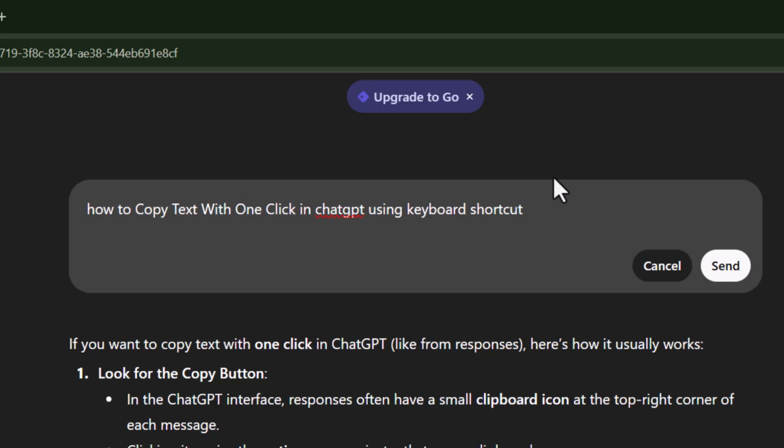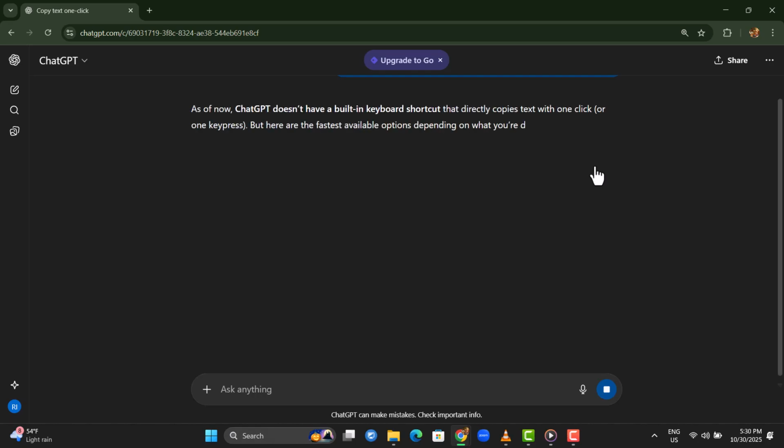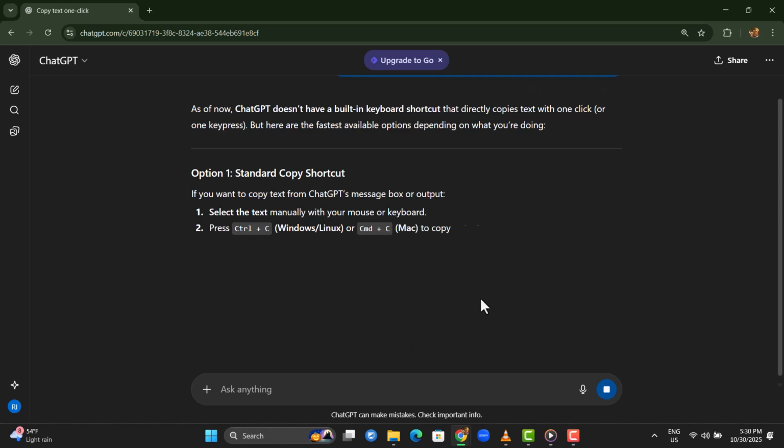from ChatGPT. Step 4. Once you're satisfied with your changes, press Enter or click the Send button. ChatGPT will instantly generate a fresh, updated response based on your improved prompt, making your workflow faster, smarter, and much